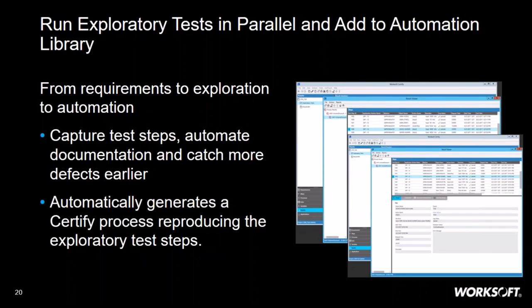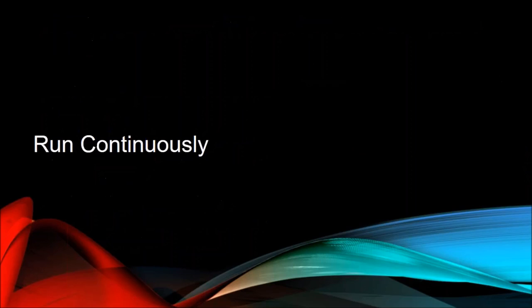And then another is that we're able to also use Certify, or use our capture technology, to create exploratory tests. This is very important because a user can go in, without any specific idea in mind, and create tests, do some exploration in the application. From that, we can actually capture those test steps. We can build out the documentation of what they've done. We can flag things as defects. And from that, we can also build automated tests based on those exploratory activities. We can build those as tests in Certify.